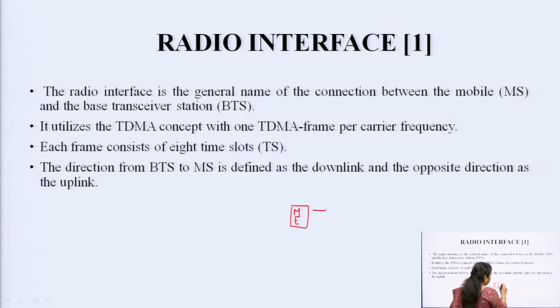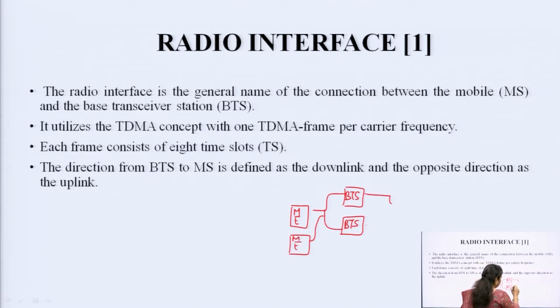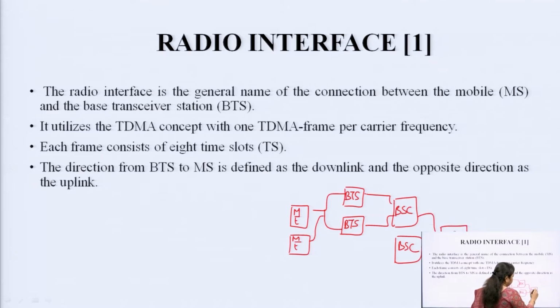Now, this is connected to a BTS. BTS is the base transceiver station. More than one ME is connected to a single BTS, and then more than one BTS is connected to a single BSC. What is BSC? BSC is base station controller, that is going to control the working of the BTS, that is base transceiver station. Now, more than one BSC is connected to a single MSC, that is mobile switching center, and